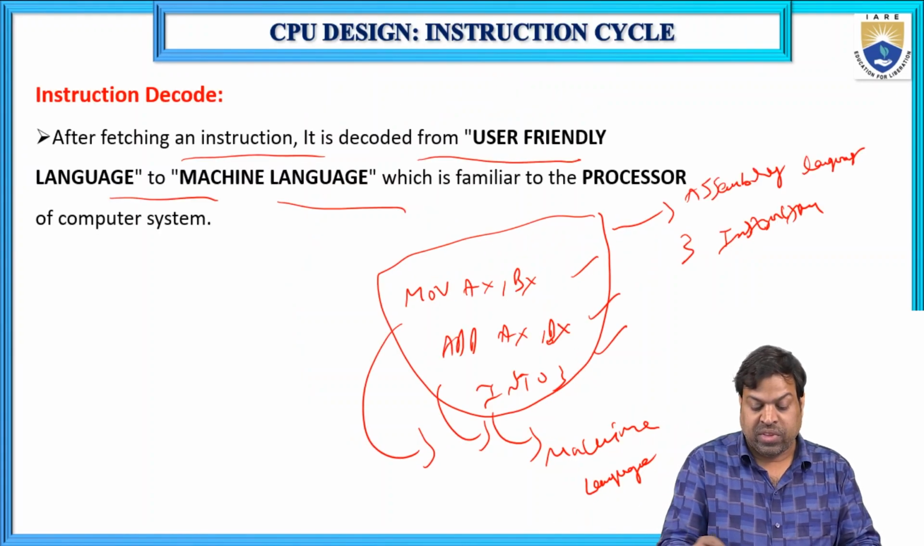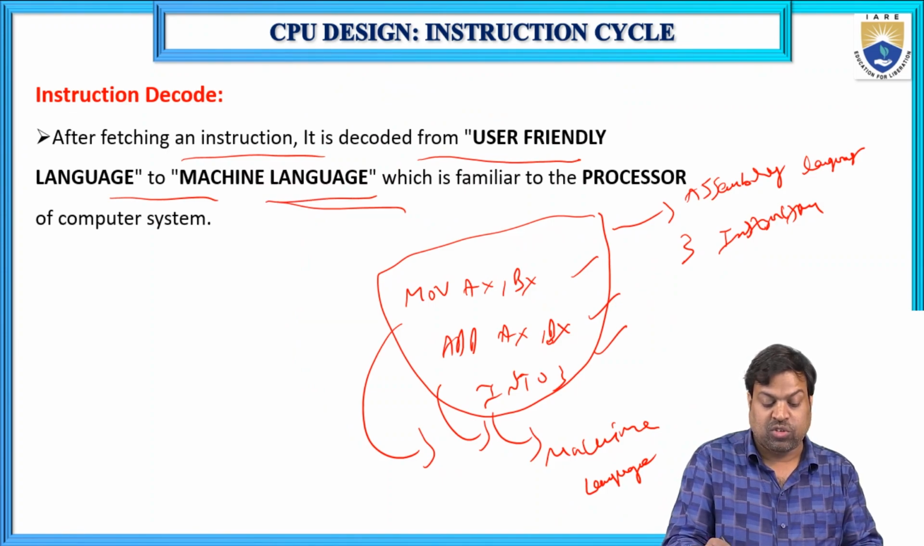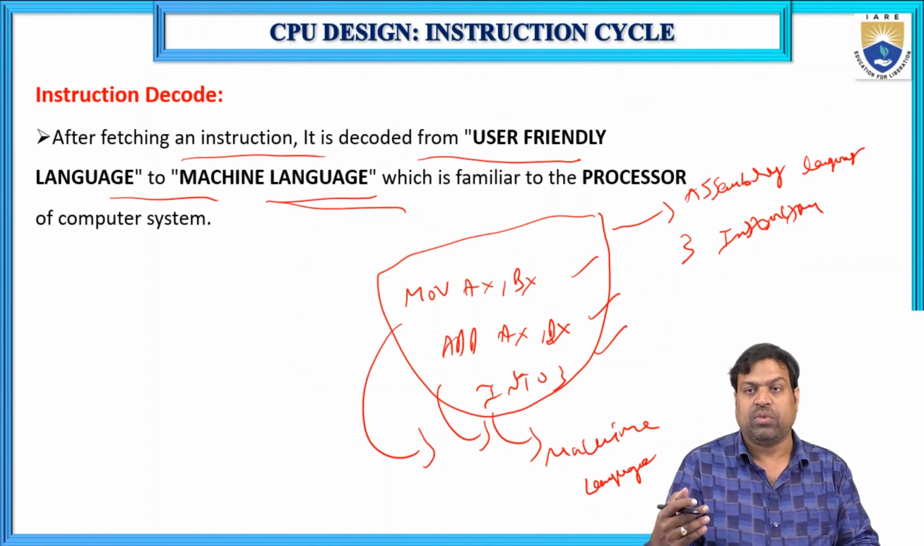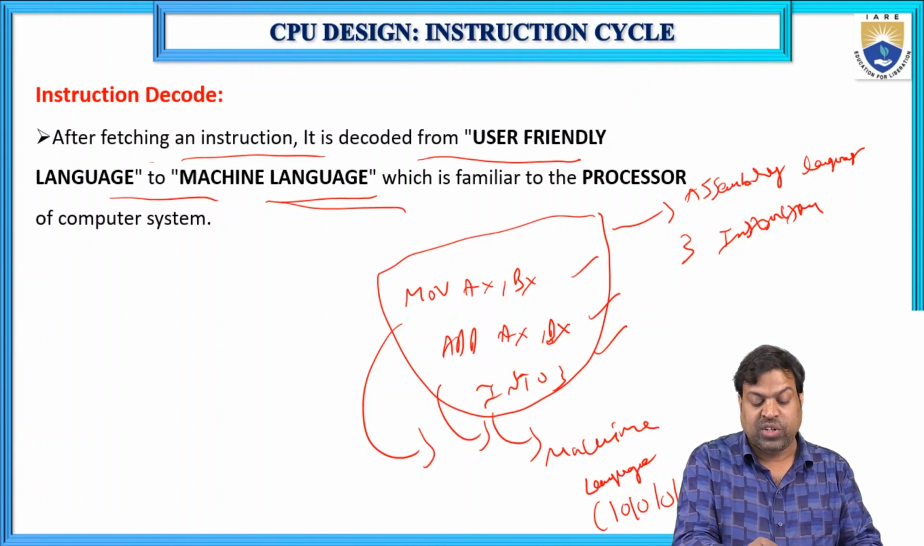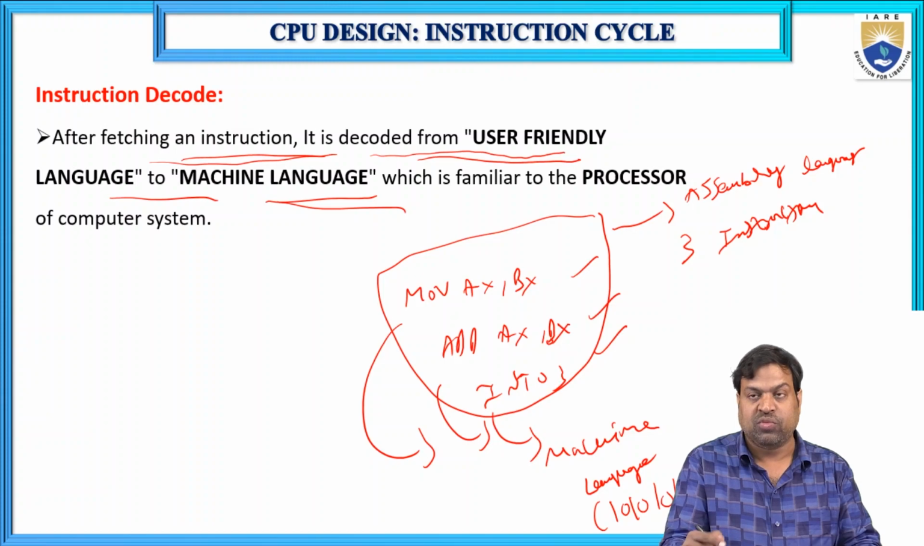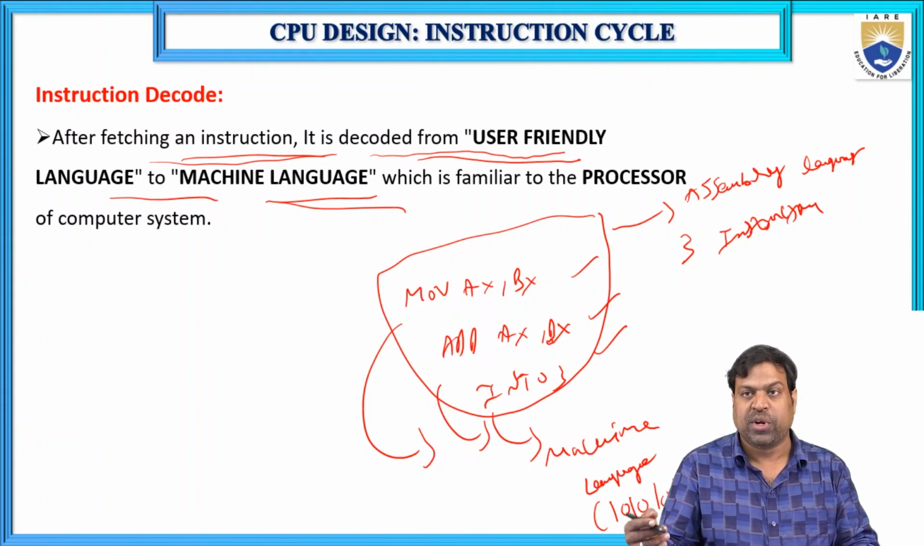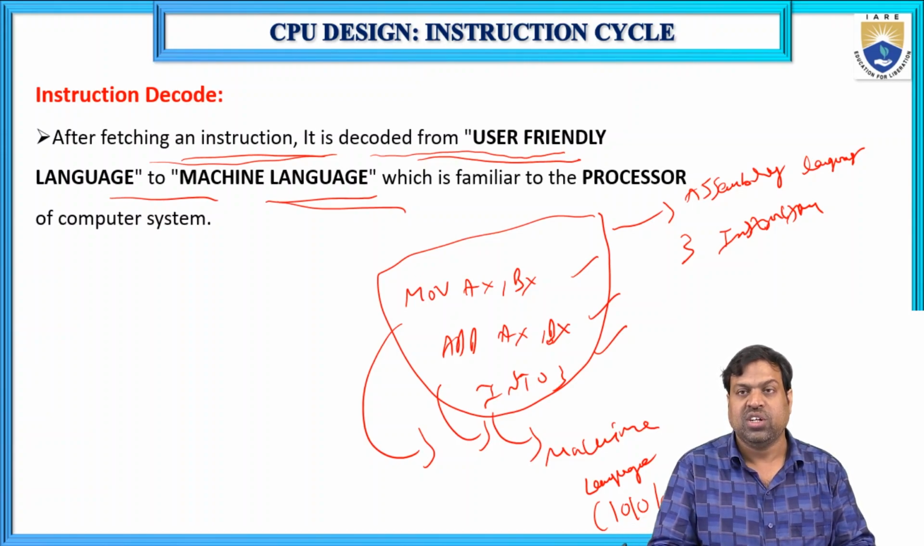So it is a machine language, meaning our user-friendly language, high level language or assembly language, is converted to machine language, that is, in the form of binaries. Fetching the instruction means it is going to the memory at a particular address and fetching the data related to your instruction. Decoding means it is converting to binary, that is, machine language, which is familiar to the processor